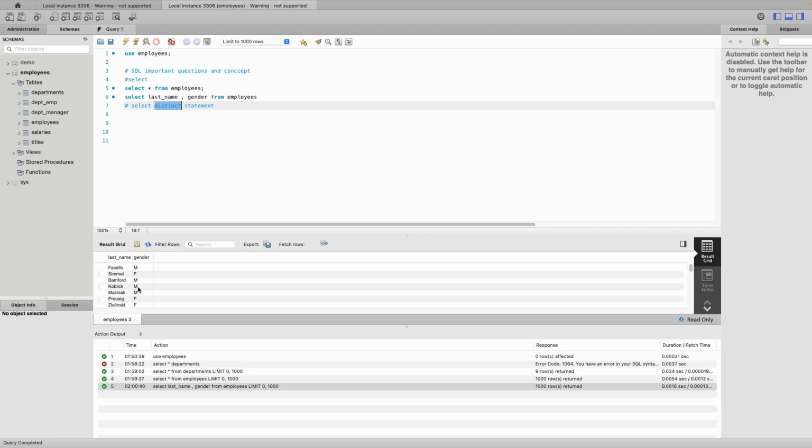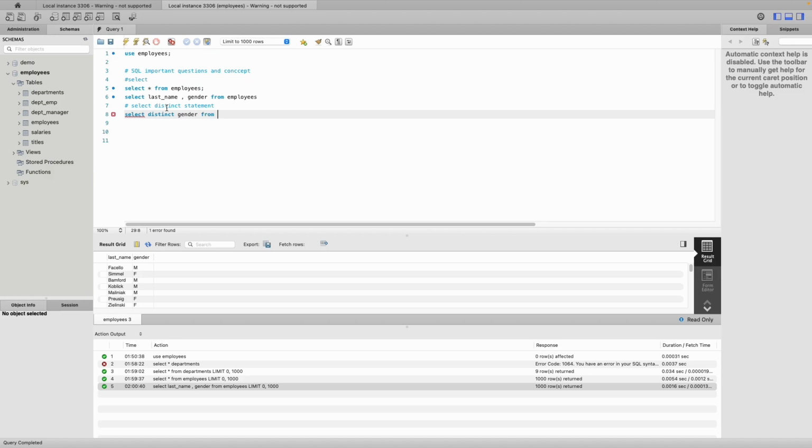I just want each once, and I want relevant records associated with it, right? So how do I do it? You can follow like this: select distinct, and after distinct you can mention the gender